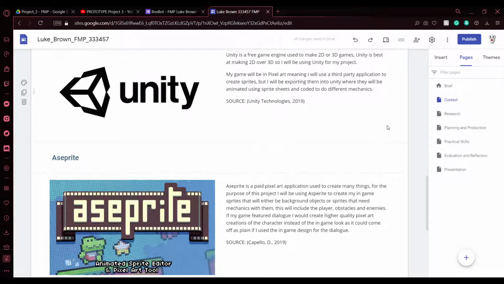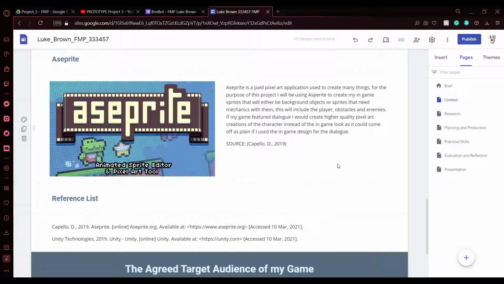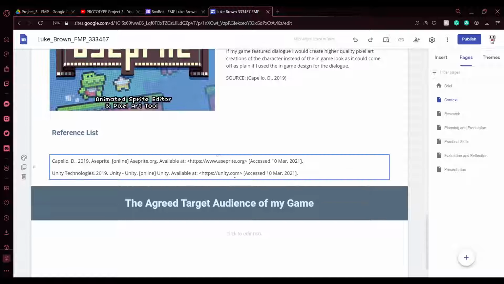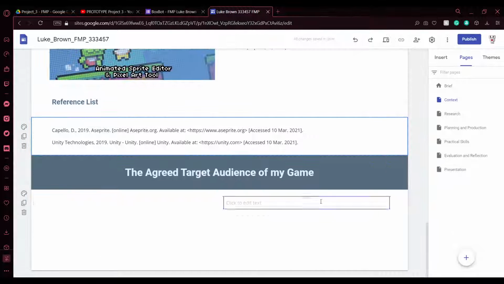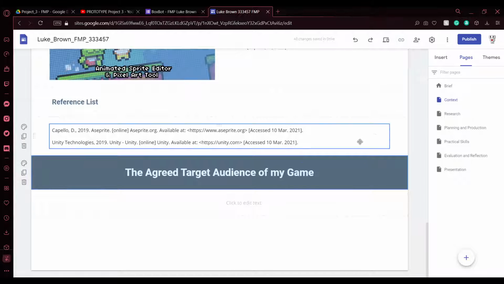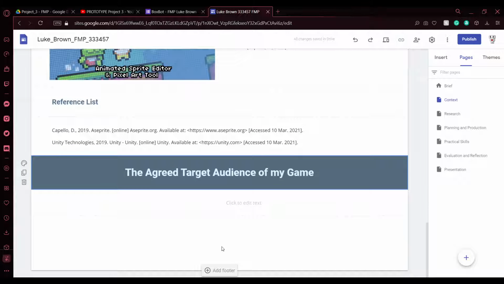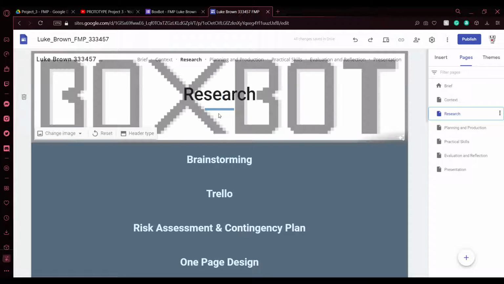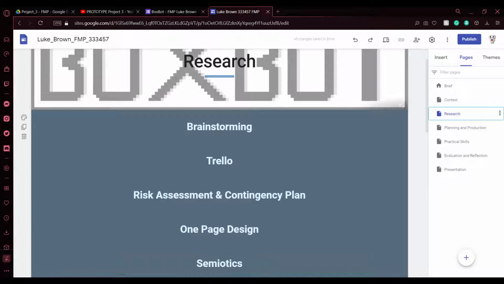Unity, of course, being the game engine, and Aseprite being my pixel art creator. I've referenced them, and I have also made titles for what I'll be doing on the site. There could be extra tabs that can be added, but in time you'll be seeing more videos updating these being filled.